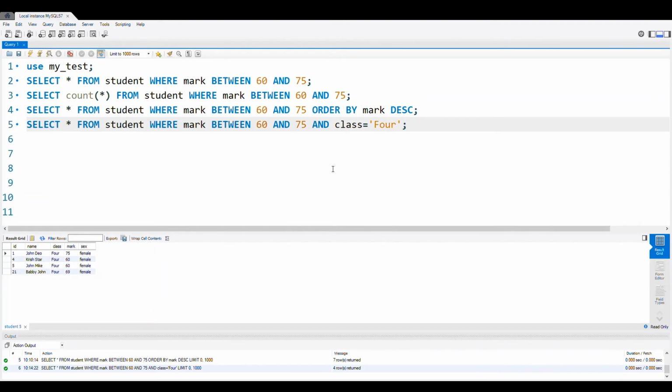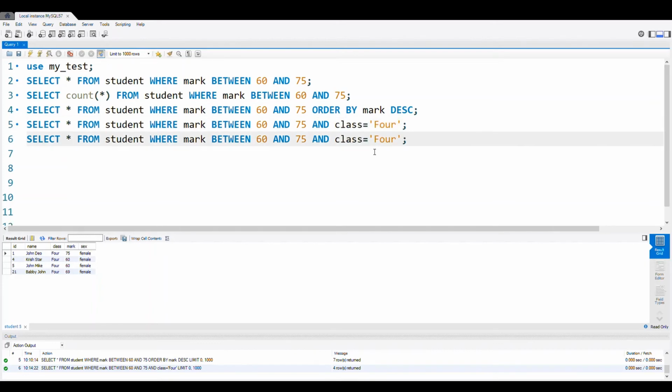Now let me see one more class I want to add with this. So let us change this query a little bit and include one more class. So two classes I want to see. So instead of equal to, I will use in. Class in 4 and let me say 7. So let me execute the query. Okay, so now this will add the records of class 7 also. Fine, one record only in this range, the last record, so the 7 is added.